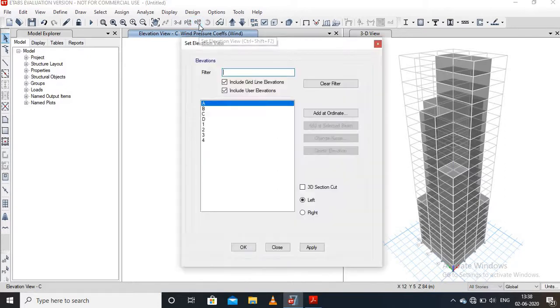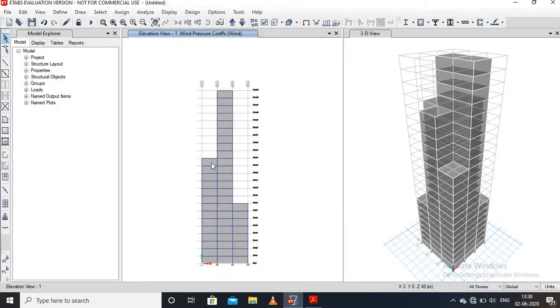Then go to the elevation option, select A, then press OK. Select all cells. The wind pressure coefficient is the same from one side, from 1, 2, 3 and 4.